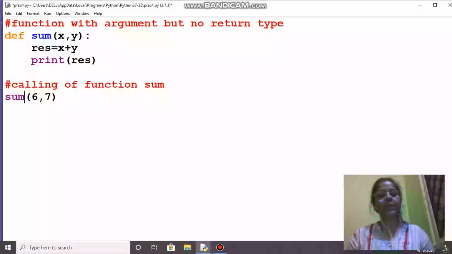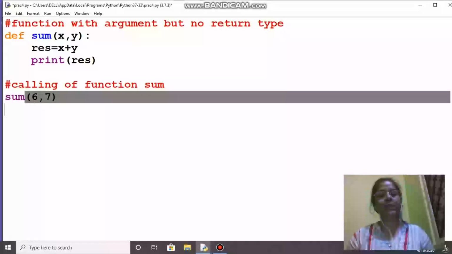So this 6 will be supplied to x. This part is saying that x and y need some value to get executed. From here some function is demanding some value, and this demand is being fulfilled from here.